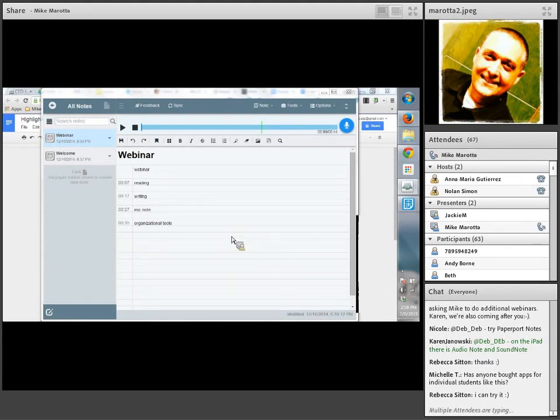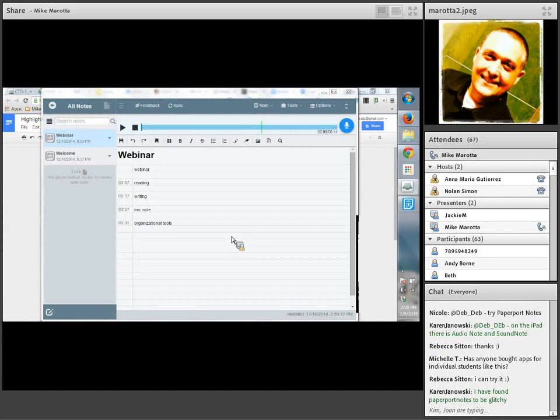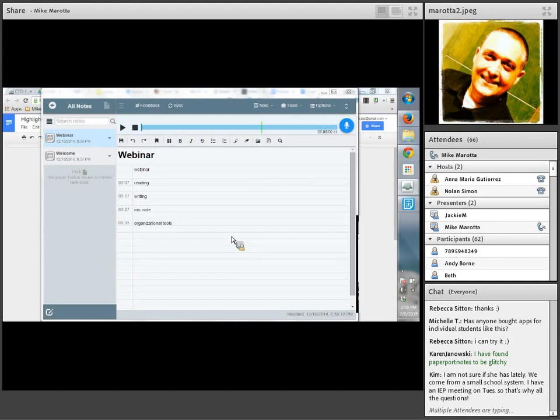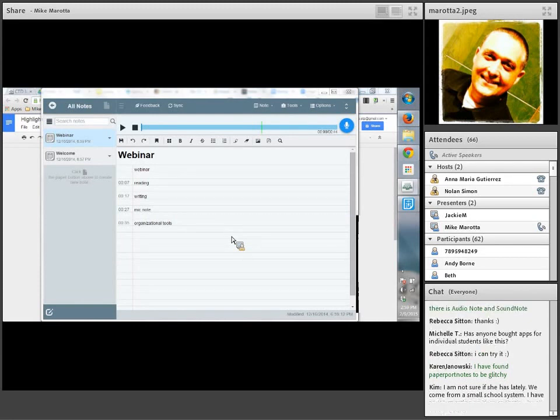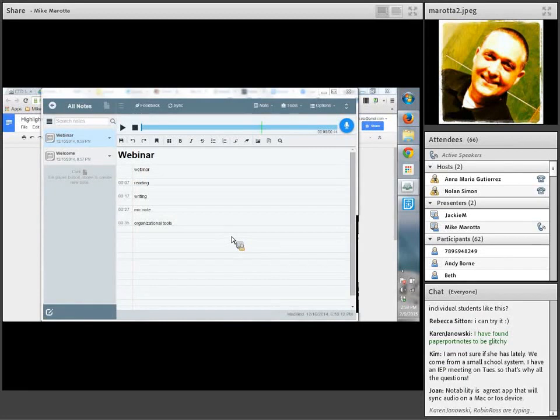And then Michelle asked, has anyone bought apps like this for students and how that works? I think a lot of things that we're seeing with these apps is similar to the issues we saw with the iOS store and the App Store, where we start looking at how to purchase things like this. The schools that I'm working in, if they're buying apps like Read and Write for Google or Co-Writer Universal, they're buying a subscription for a certain number of seats, and those then get attached to a student's profile. For an app like this, where it's a $5 app that connects itself to your Google profile, the way